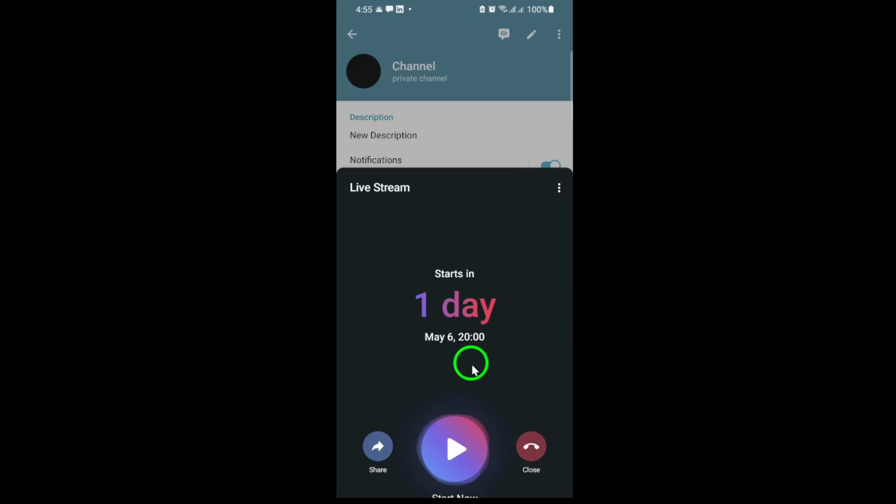Remember, you can always edit the scheduled time if plans change, and Telegram makes it easy for your community to